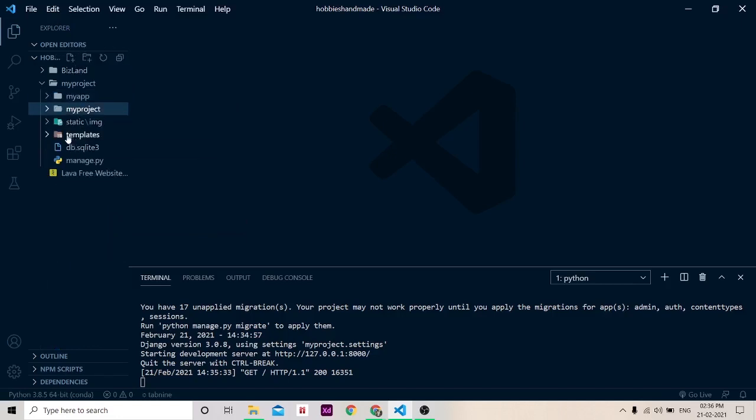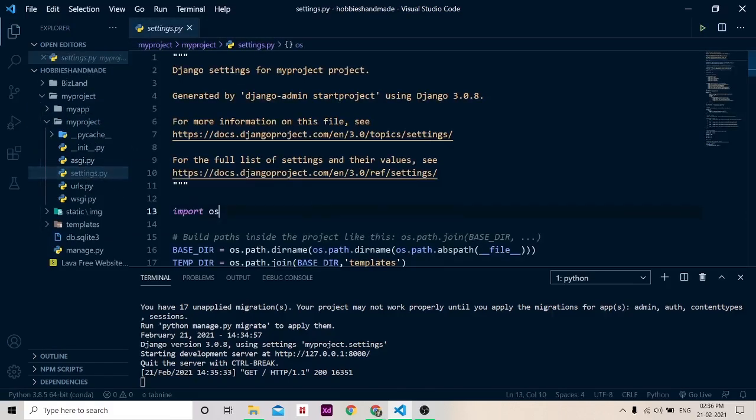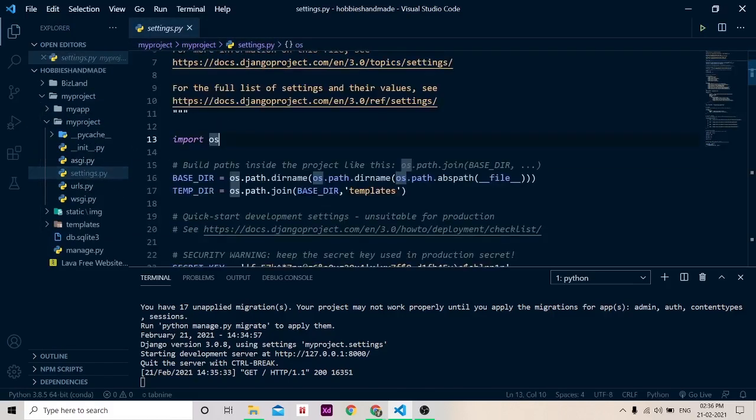Let's see from the beginning. Let's go to the project level settings.py file. In the settings.py file I have created one temp directory variable, and basically it will specify all the HTML files that we are going to write in this templates folder, and this templates folder has an index.html file that I have created.